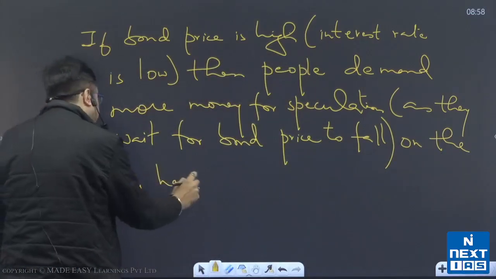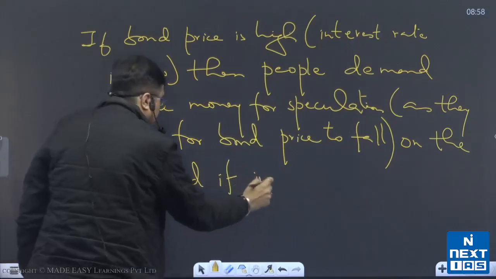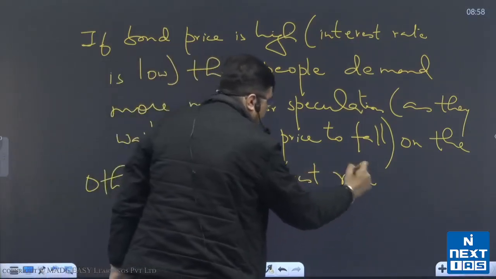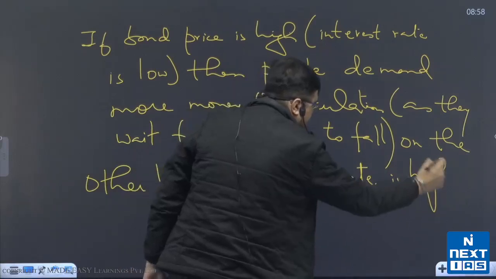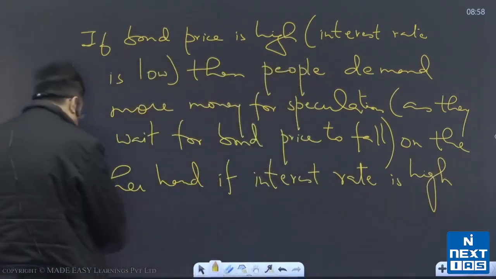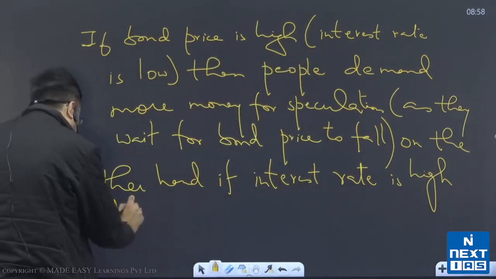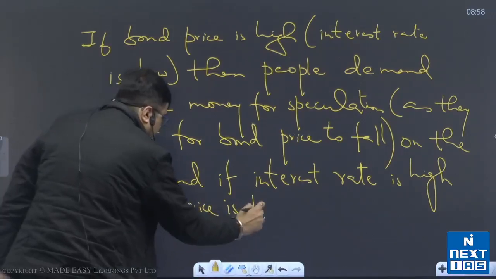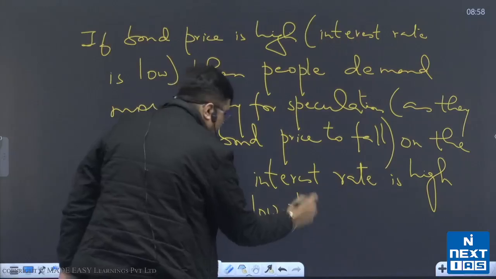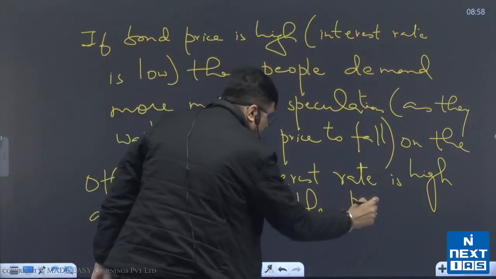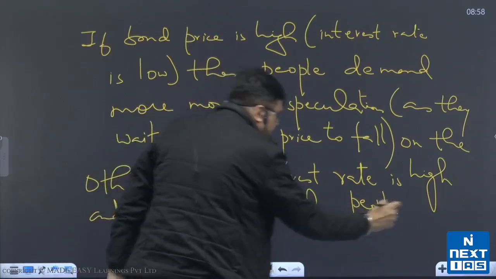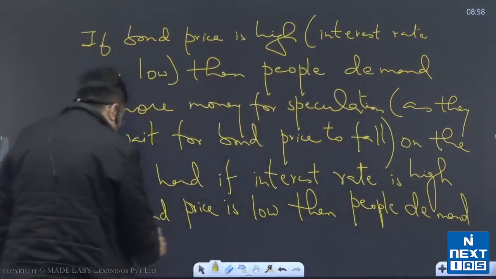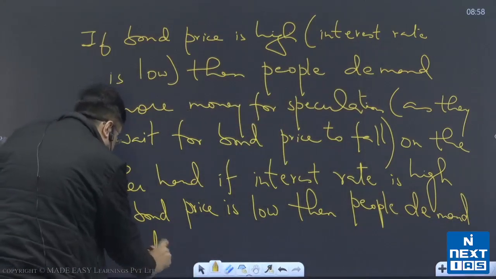On the other hand, if interest rate is high and bond price is low, then people demand bonds